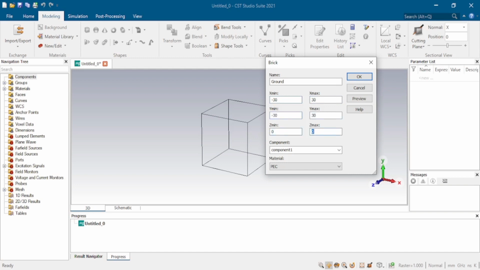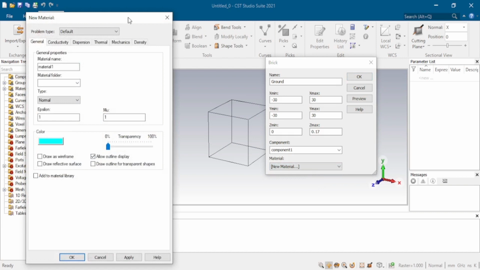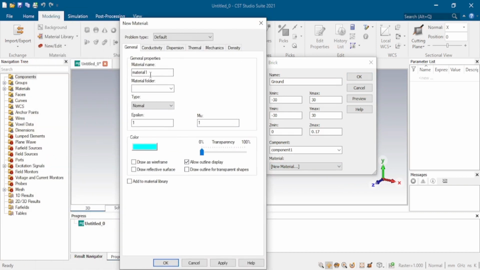And the thickness is 0.17 millimeter, and for the material, since there is no fabric or shieldit super available in the material library, we're going to design a new material. Click here. So from the new material box, you can give the name shieldit super, and then the type. We're going to choose lossy metal, and now you can put the value of the electric conductivity,